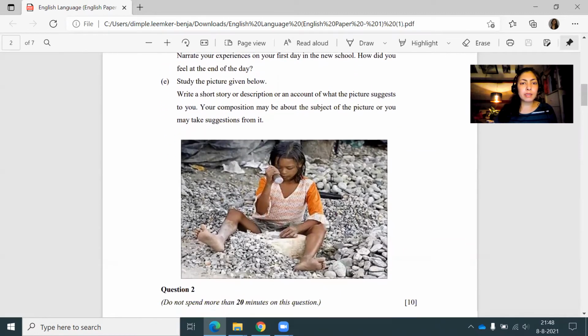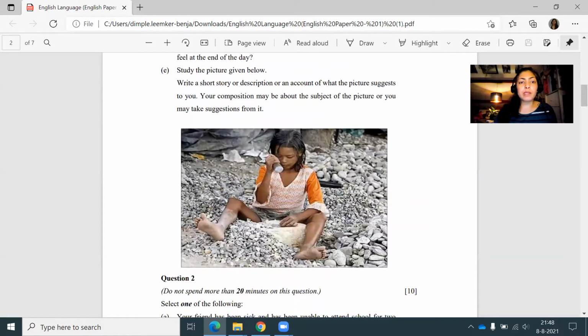And then E is study the picture given below and write a short story. So it could be a short story, it could be a descriptive essay, it could be a narrative of what the picture suggests to you. Your composition may be about the subject of the picture. That is, you can see this girl, she's breaking down the stone into small pieces. It could be about this girl, or you could take suggestions from it. You could choose to be creative and compose something of your own imagination. So it could be a short story, it could be an essay, it could be an article,